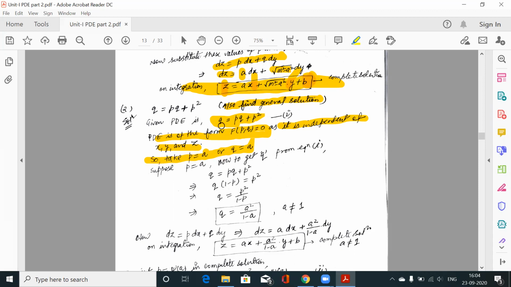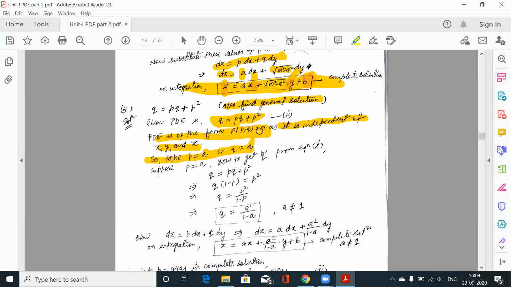This equation will become a is equal to ap plus p square. Now what you have to do is find out the value of p. So how will the value of p be found out? This is a quadratic equation, p square plus ap is equal to a. So you have to get the roots of the quadratic equation. So you will have to apply the same formula, p is equal to minus b plus minus square root of b square minus 4ac upon 2a. From that formula you will get the value of p. So that is more difficult in comparison to finding the value of q.